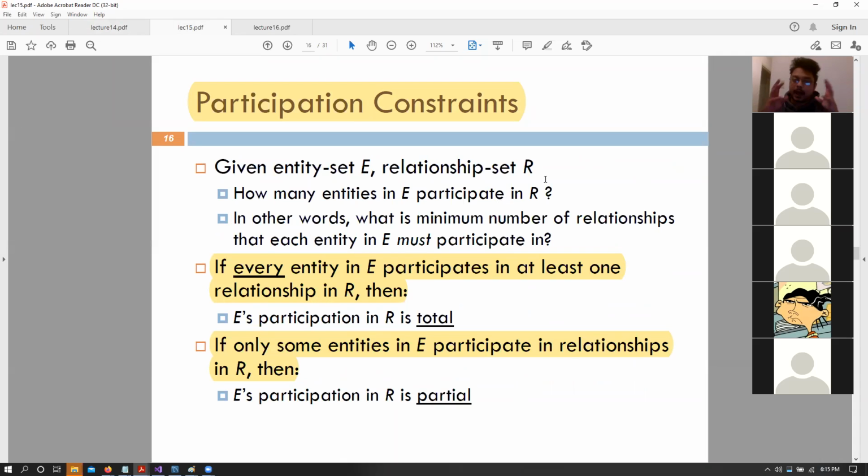By default in SQL, participation constraints are quite difficult. So first, let me explain what participation constraints are. And every example we see